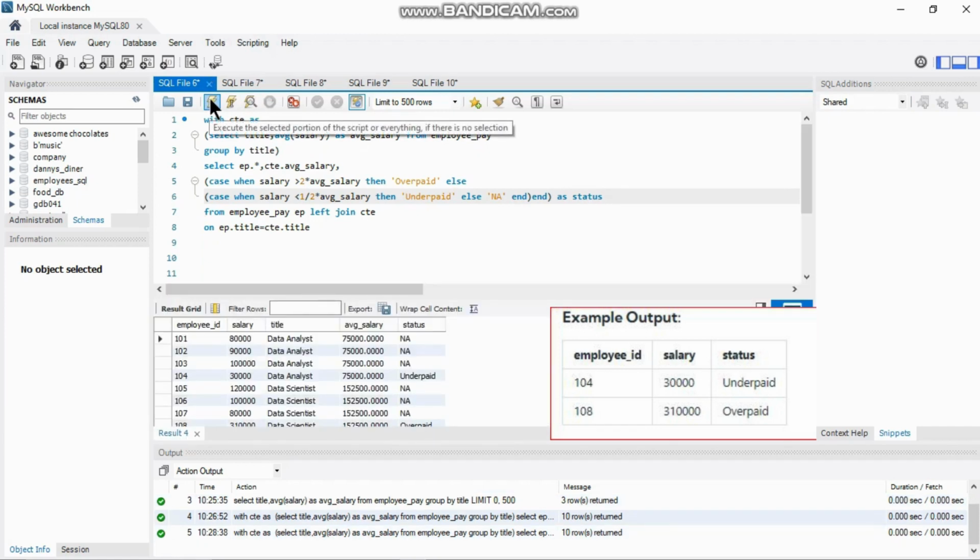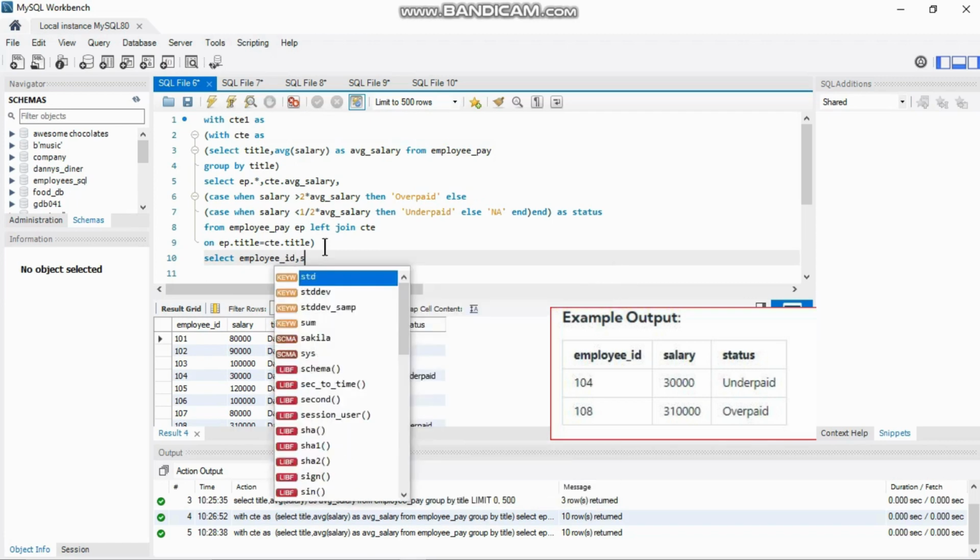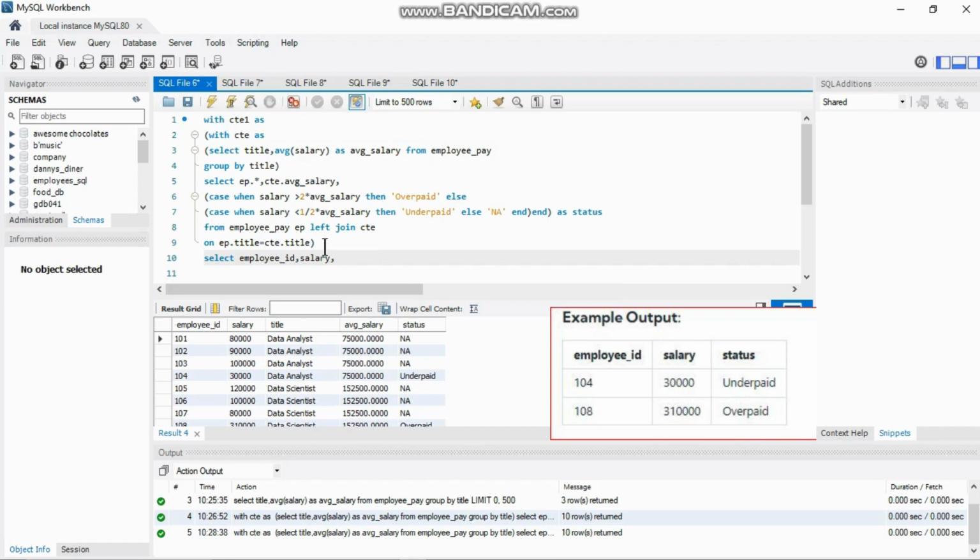Okay, now we will see. Now we got all the status NA. So we have to filter out the status which we don't have, NA, now. So we will make another CTE for this, T1. We cannot filter it out on the same CTE because the status was created just now, so we cannot filter out there. So what we need: employee ID, title, no salary, and status